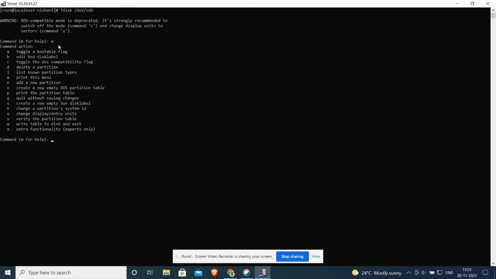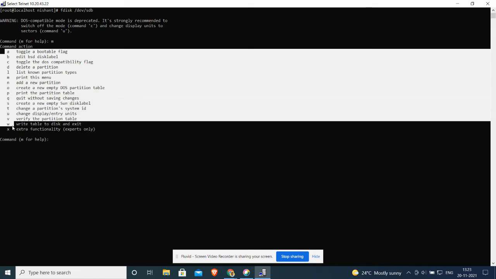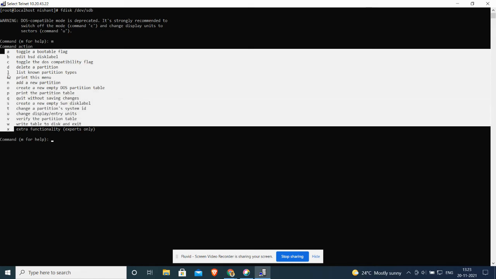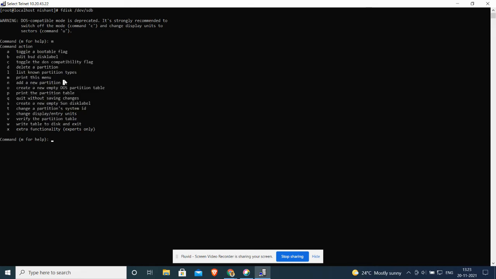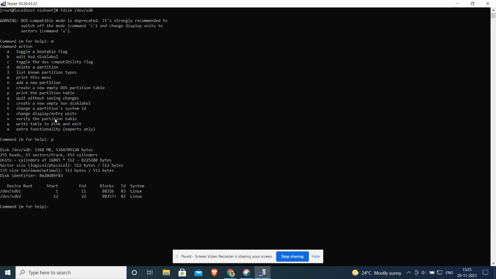There are different options which are available: A, B, C, D, M. We'll be using some of them. One which we'll be using is N, which is to add a new partition. P, to print the partition table. So if I print the partition table over here, we will come to know that these are the two partitions which have been created before.